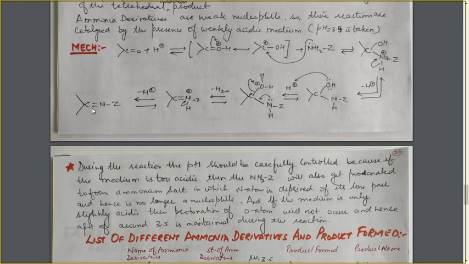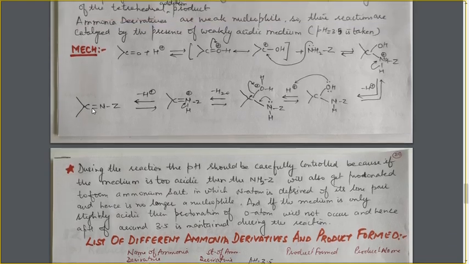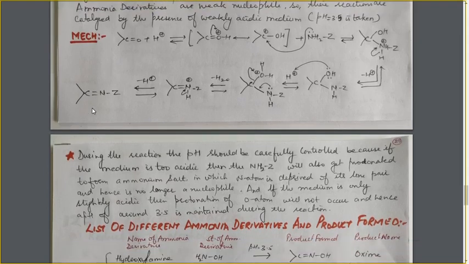A very important question here. Now, if the reaction is taking place in acidic medium, because the nucleophile is a weak nucleophile, the reaction is carried out in acidic medium, which will help in increasing the reactivity of the carbonyl group. So why have we taken the weakly acidic medium? Why not the strongly acidic medium?